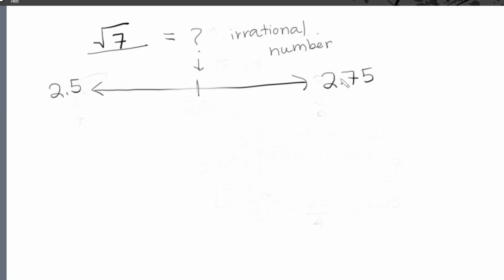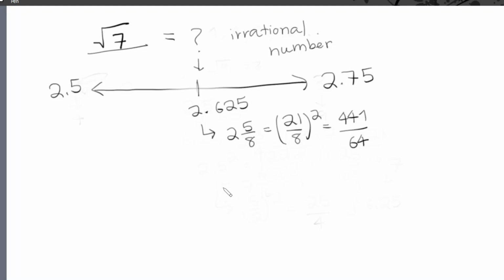And again, we can take the average of these two. And if we do that, we get 2.625. And again, we can square this. And so 2.625 is just 2 and 5/8, which is 21 over 8. And squaring this is 441 over 64, which is